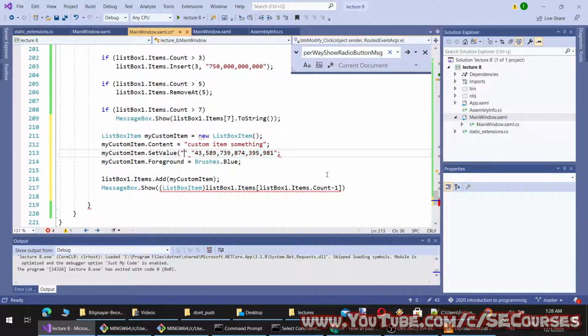Let's make this as key one. Something like this. I wonder if it will work. No, it doesn't work.